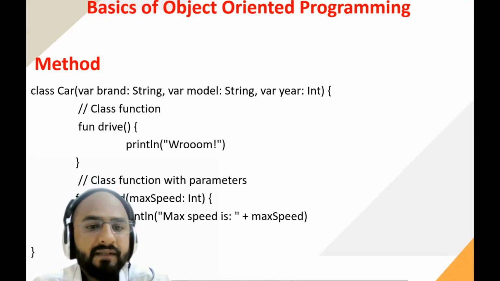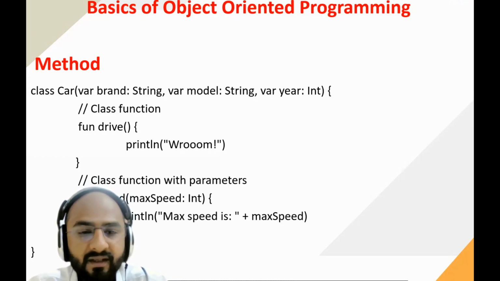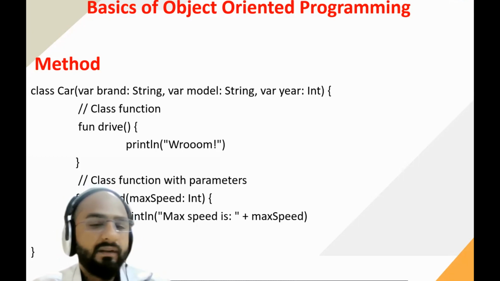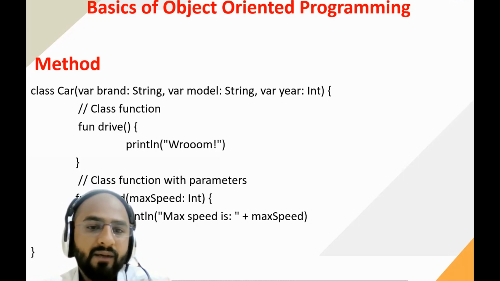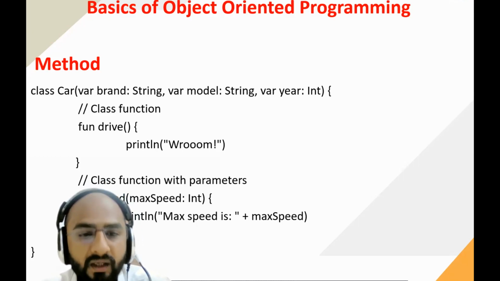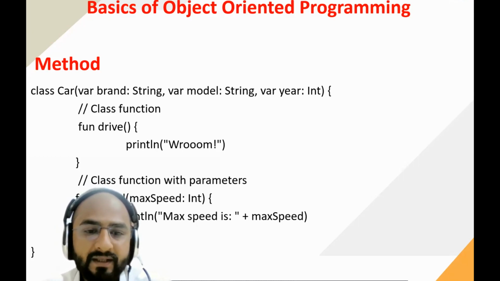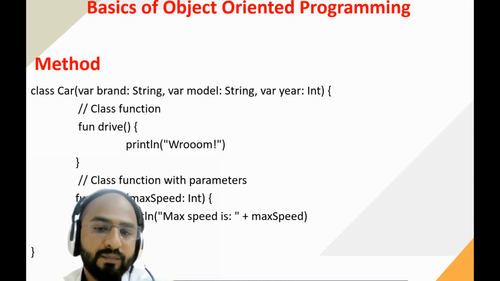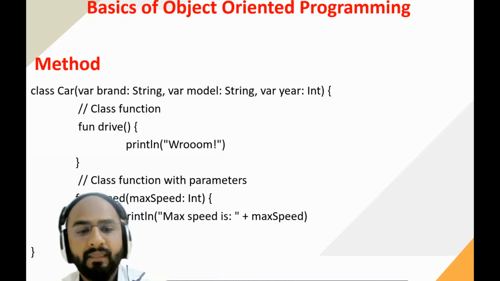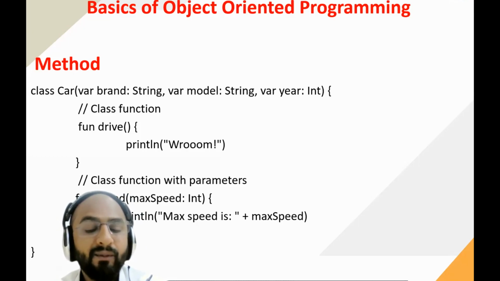The first method is without a parameter, and the second function is with 1 parameter. You can see the function drive. I have written the drive method, and I have just written a print statement in that method. Another method that I have created is named speed with 1 parameter. The parameter name is maximum speed colon integer. And in that method, I have written a print statement, maximum speed is